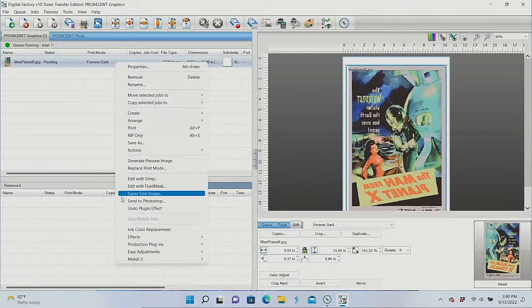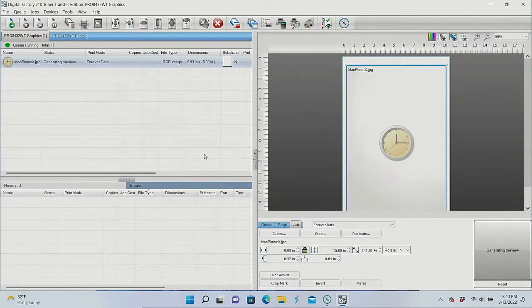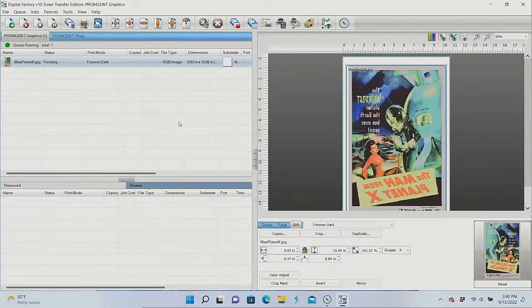Let me right-click again, go back to Easy Adjustments, and I increase saturation. I do this because anytime we generally bring a file into a graphic program and send it through to a CMYK process printer, it's always going to be a little dull if we don't basically work with our graphic program